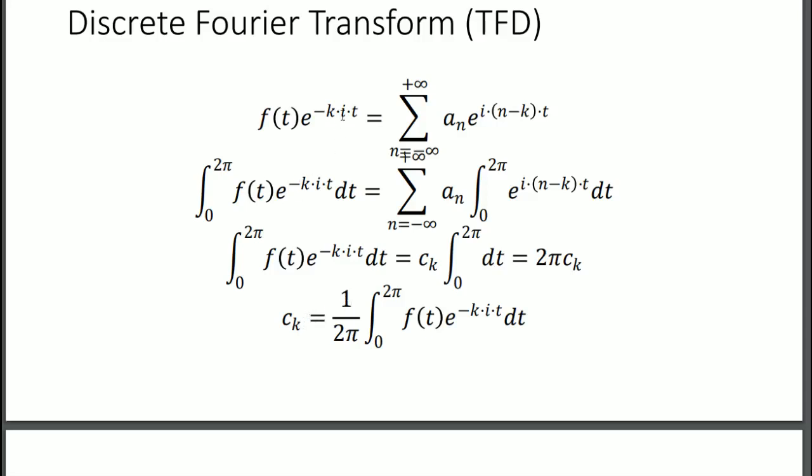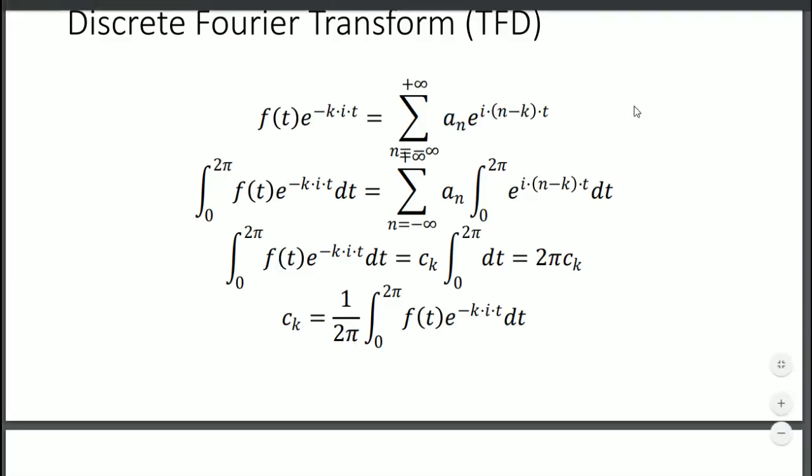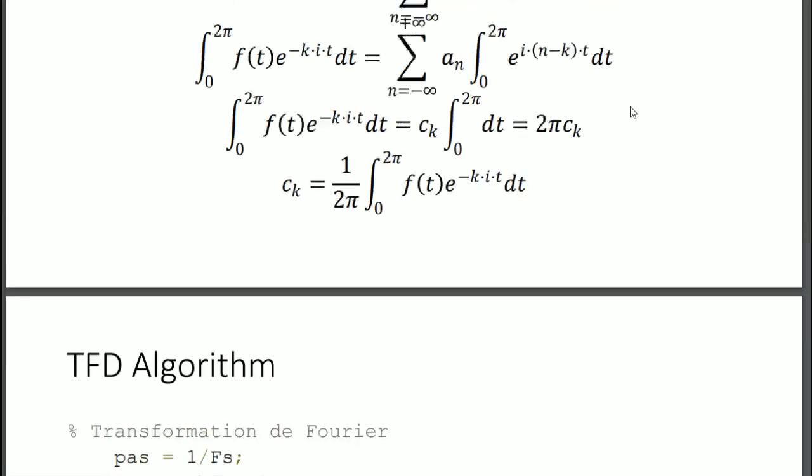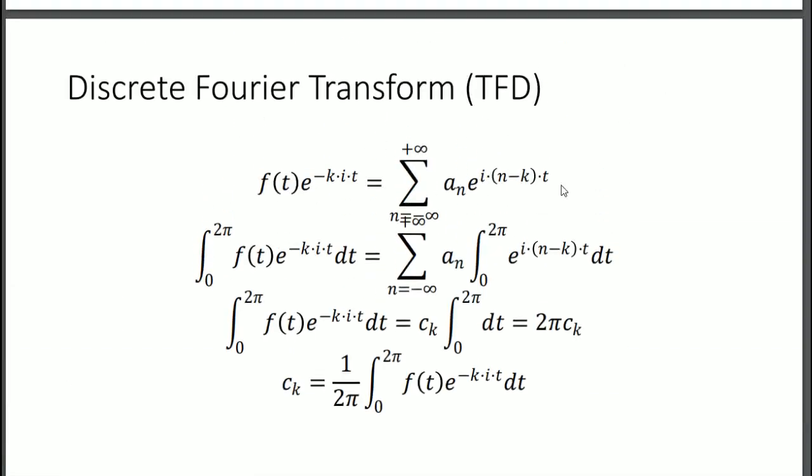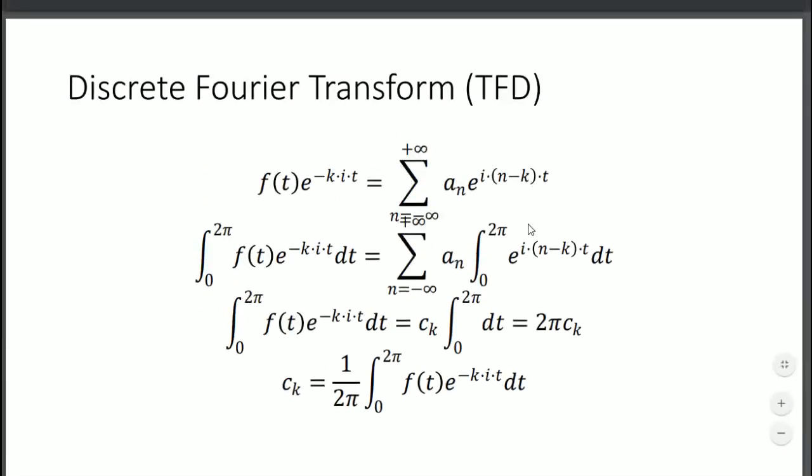So basically, what does it mean? It means that you can express a signal as a sum of sines and cosines with a certain coefficient in front, the coefficient a_n, and a certain frequency n. And obviously you can do the backward step, which is called the inverse Fourier transform, which is just summing a bunch of cosines and sines.